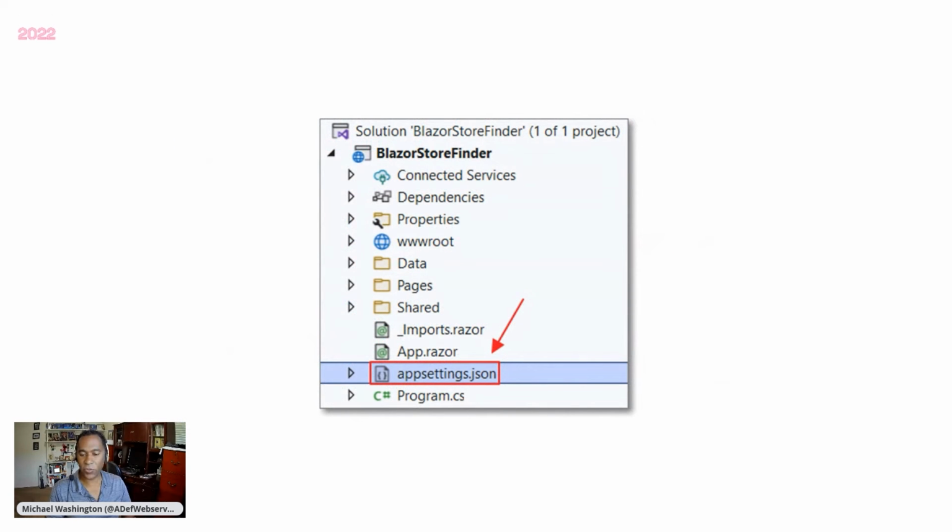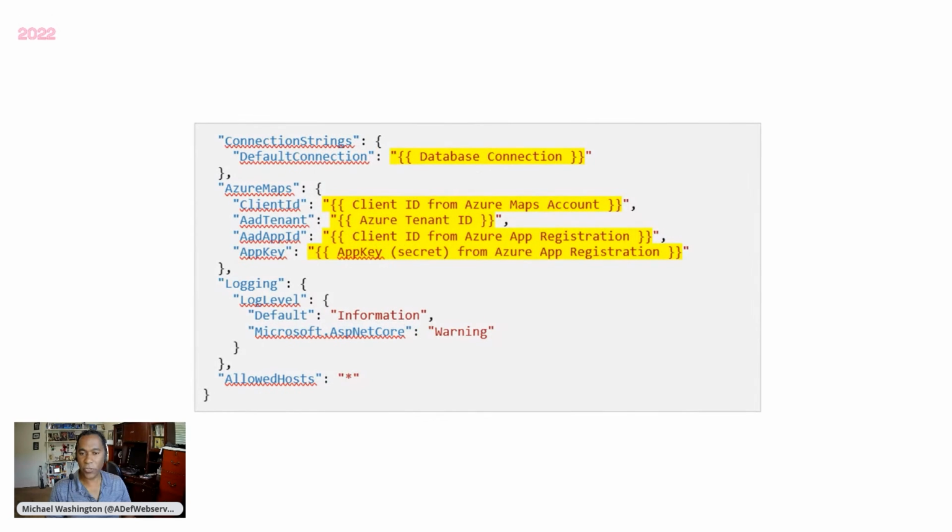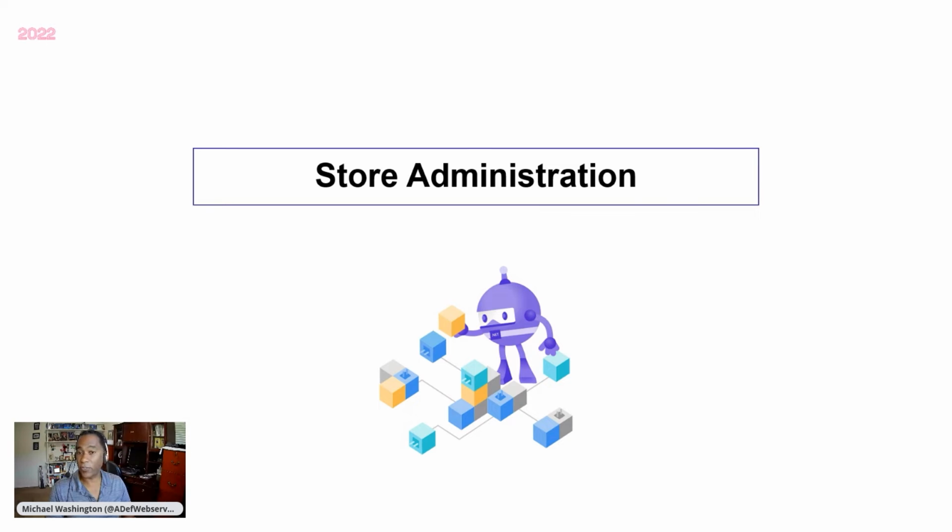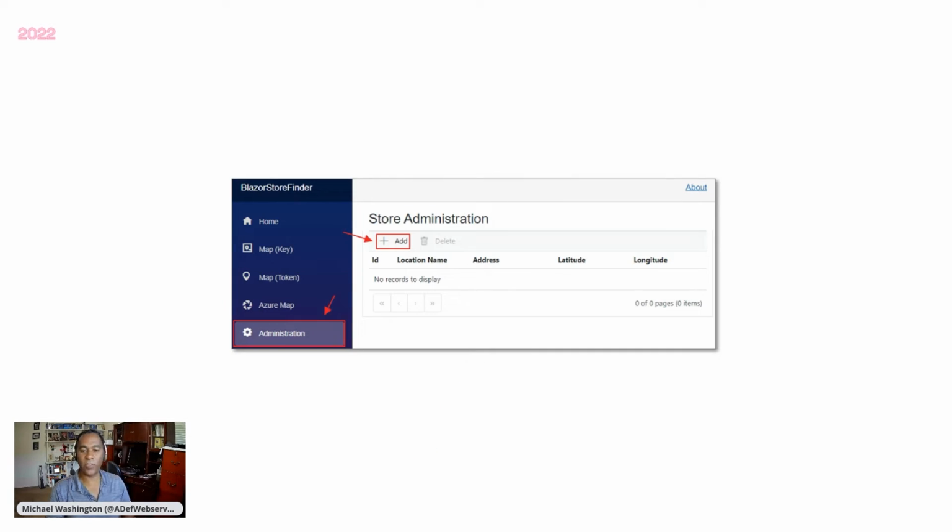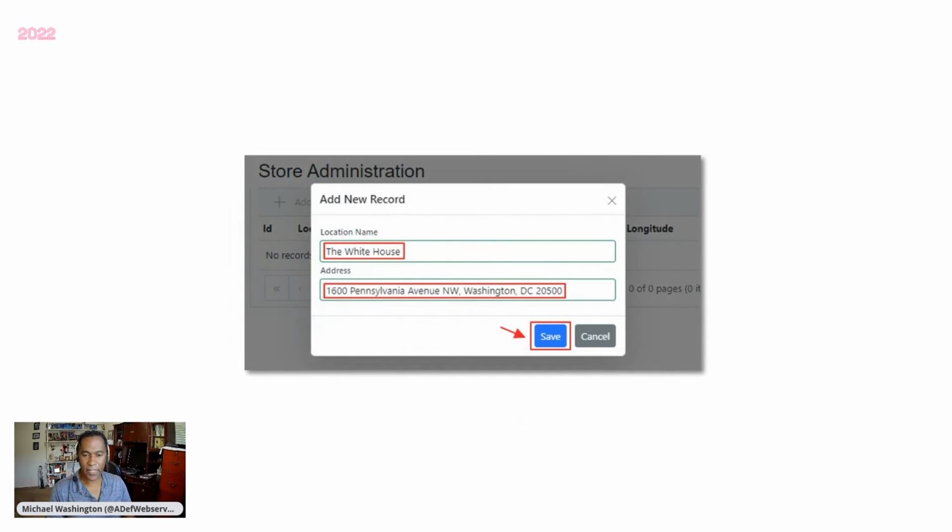The next thing you do is you open up appsettings and you enter your database connection, and then you enter those 4 values that we were using before, the client ID, the tenant ID, your app ID, and your app secret, and it's ready. It will do the work. Let's look at how the store administration part works first. So when you go to administration and you click the add button, a box pops up.